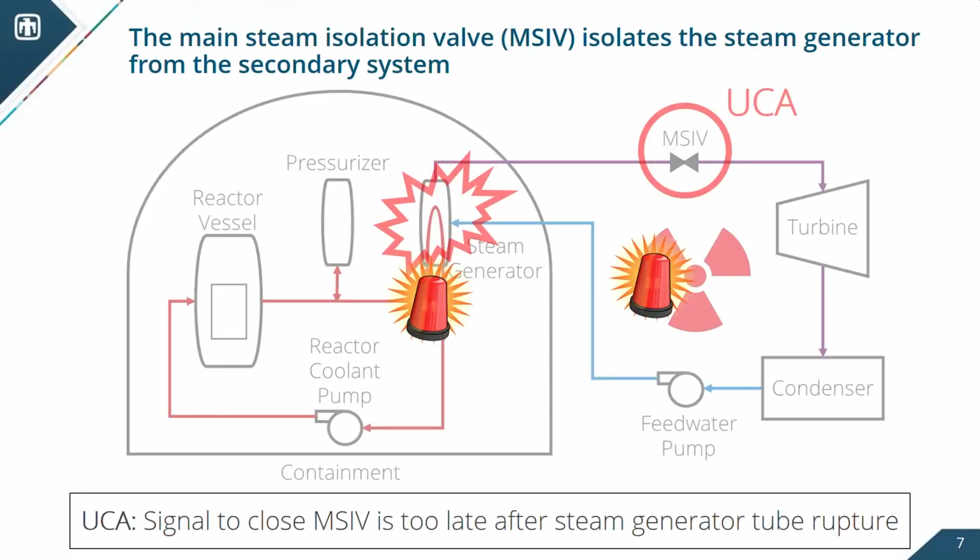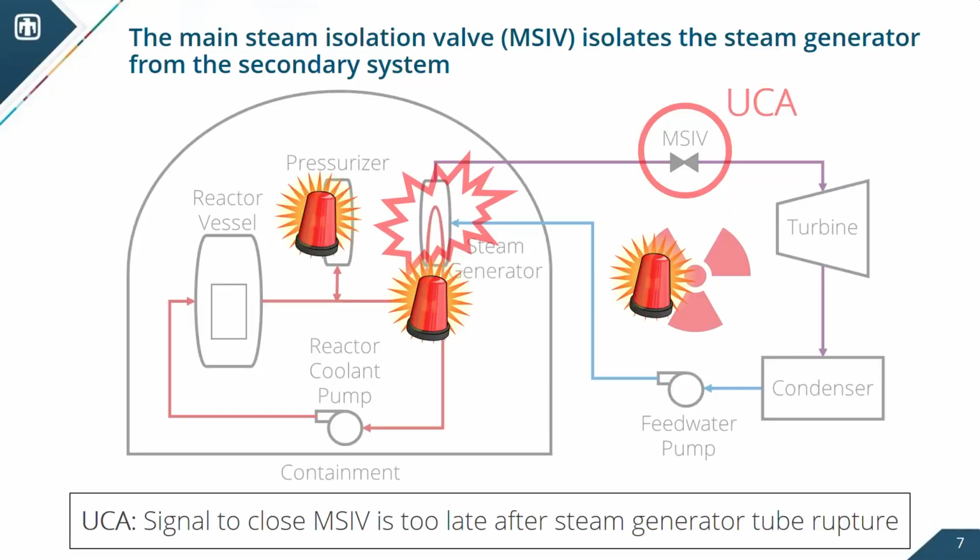The operator is going to see that alarm, and they're going to go, I think I have a steam generator tube rupture. But this is such a significant event, there's also other things that would alarm, such as you're losing mass. You're losing that water from the primary loop, so now your flow is going to start to decrease, and you would start to have an alarm on a flow mismatch, right? You're expecting X amount of flow, and you're getting less than X. And so that's the second alarm. And then the third one, because the primary loop is a closed system, but that rupture actually makes it now open, you're going to see a pressure decrease. So now you have 3 alarms. And so what this means is that if the main steam isolation valve fails and you see that unsafe control action, the operator is going to intervene.